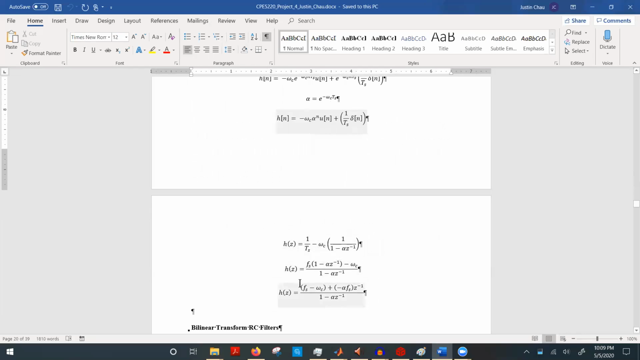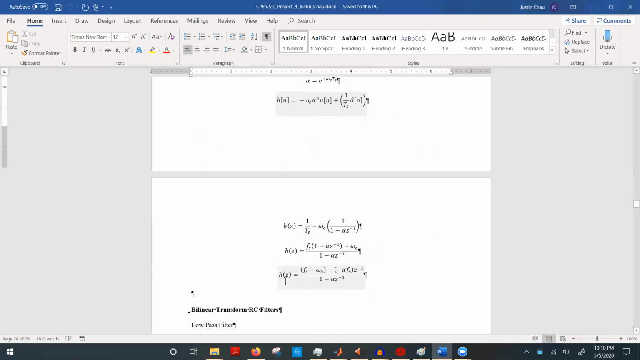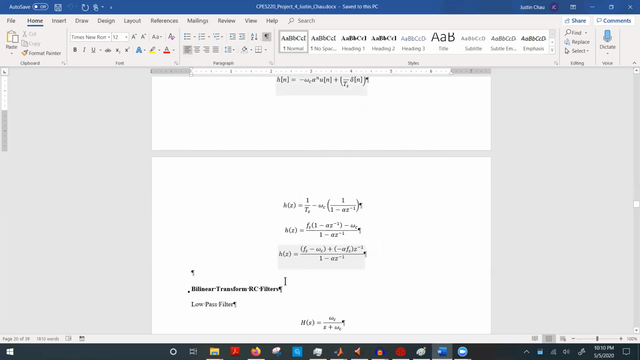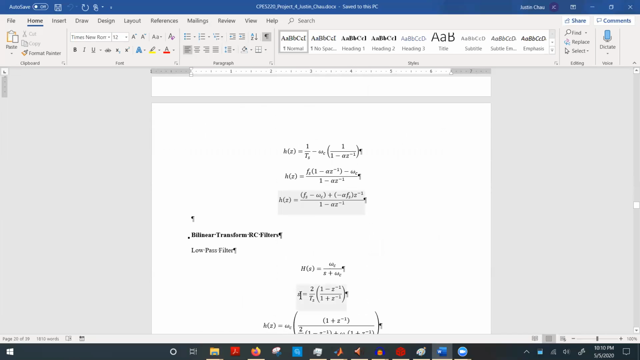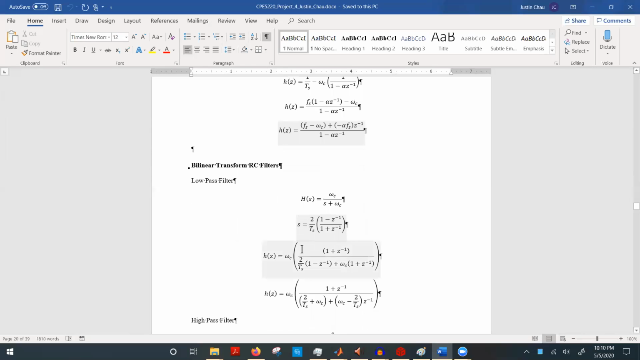And then from here, we just rewrite this in terms of Z. From these Z domain equations, we can easily derive our transfer function. Now for the bilinear transform. We make the same substitution, s equals 2 over T, and with this quantity, you usually multiply by the denominator to rearrange it